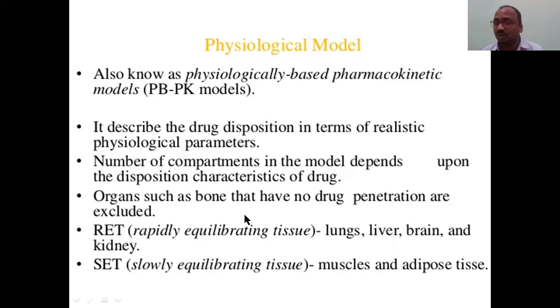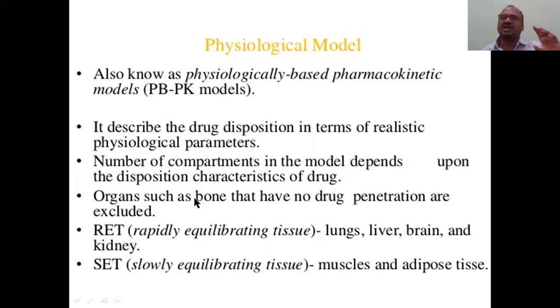Organs such as bone, we are not including at all, because bone has very poor perfusion, 0.02. It is the least supplied organ in the body. Of course, blood is manufactured in the bone itself, but the blood supply to the bone is very poor. This bit has appeared in examinations many times: find the organ of the body with the poorest perfusion, 0.02, whereas adipose tissue has 0.03. From the last, it is the second one. So after adipose tissue, the last one is the bone. You have to keep both in mind, right? That has also appeared.